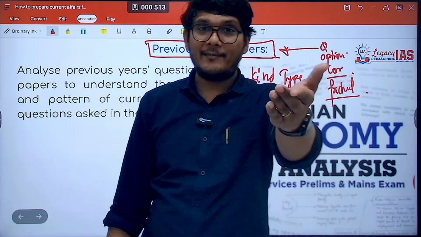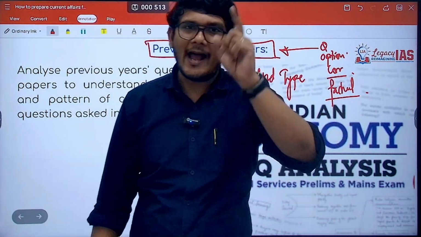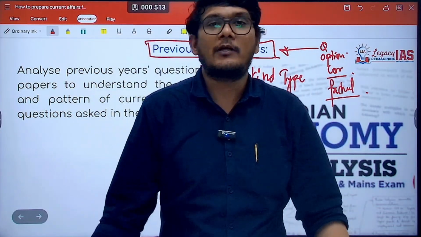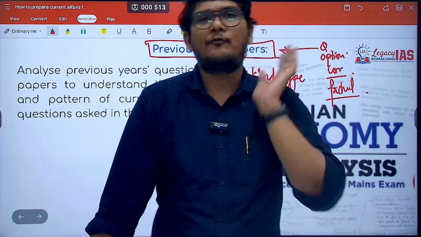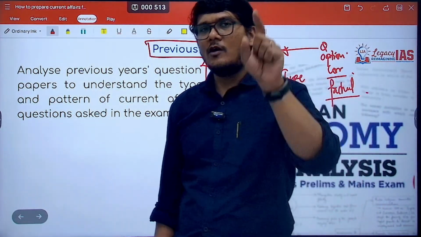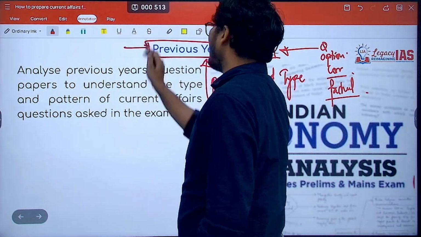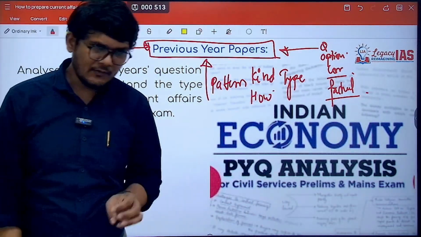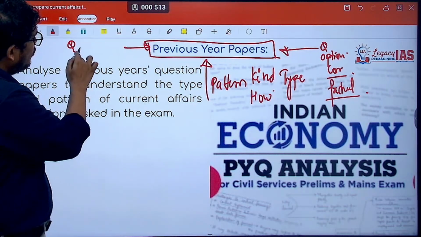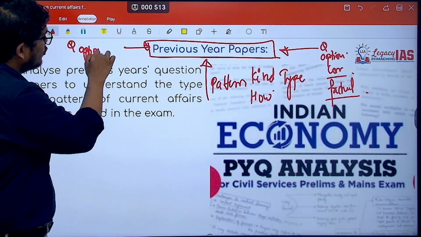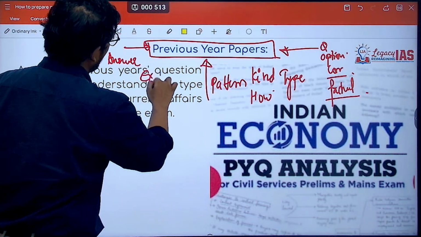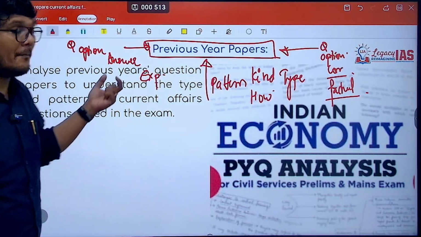So any one of you might be starting for 2027 as well. So you have to go through the PYQs. Others who are about to give the prelims exam this year, you now have to dig deep into it. So let us understand, just a few months before prelims, what should be the way in which we should approach the PYQs. A few months before prelims, which is the present stage, you have to go through the questions, you have to go through the options, and of course you should be able to answer these questions, and also you need to read the explanation that is there. This is the bare minimum.